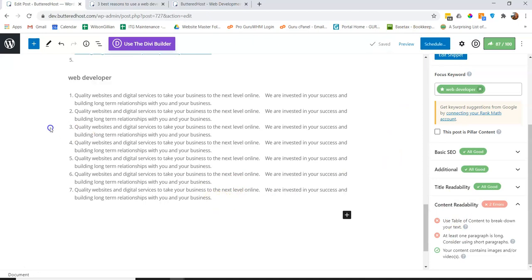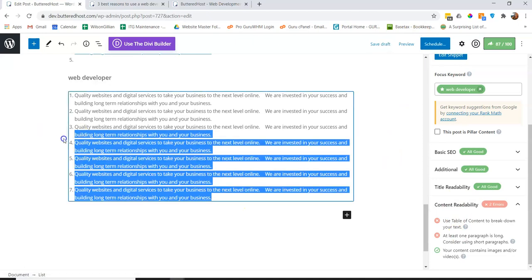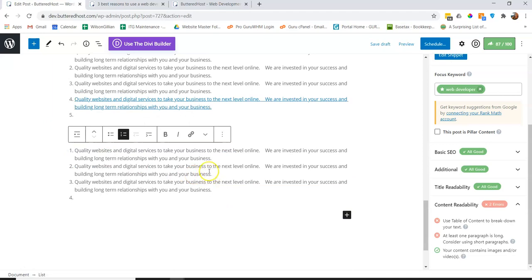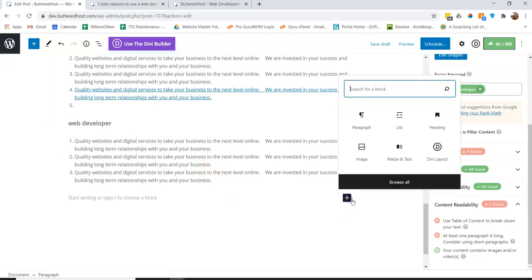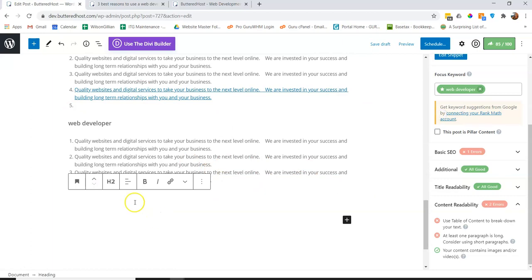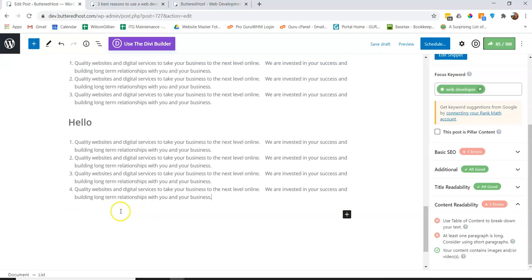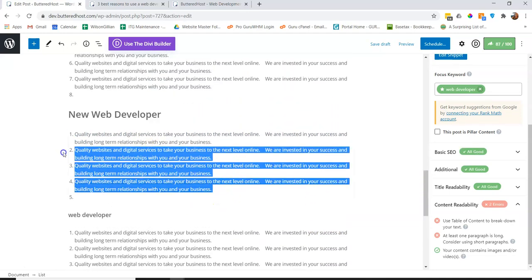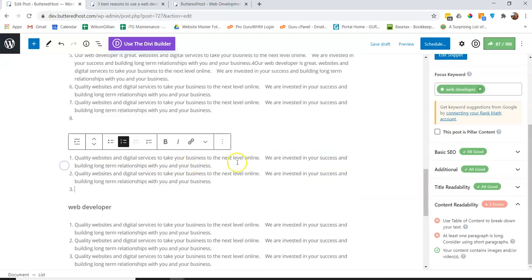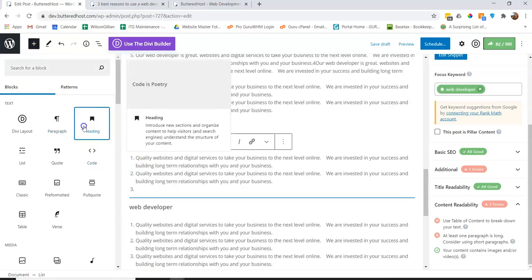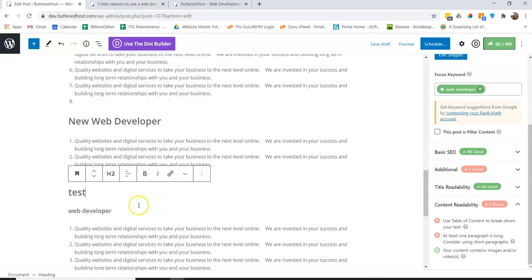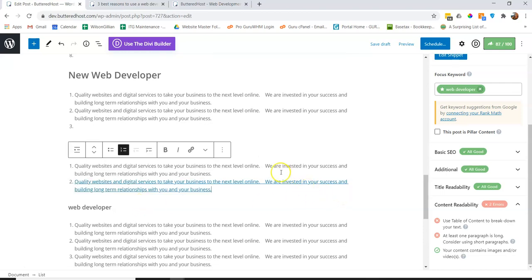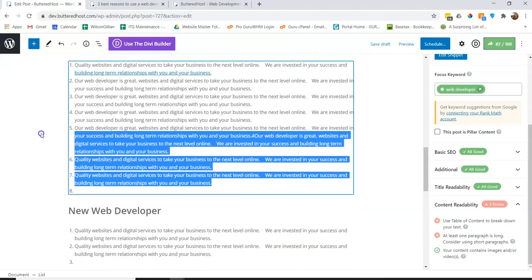Still a bit long, that's no problem. Take that out. And a heading. Put some more in. And add a heading. Okay, we're getting there, but